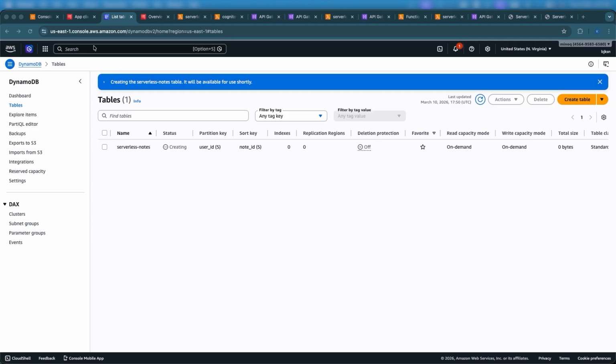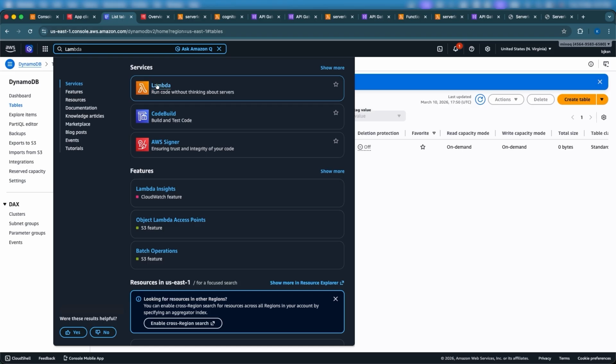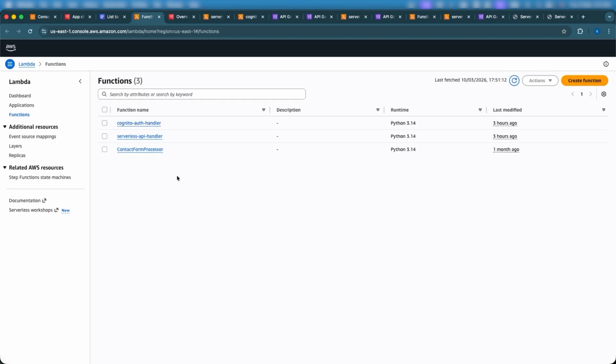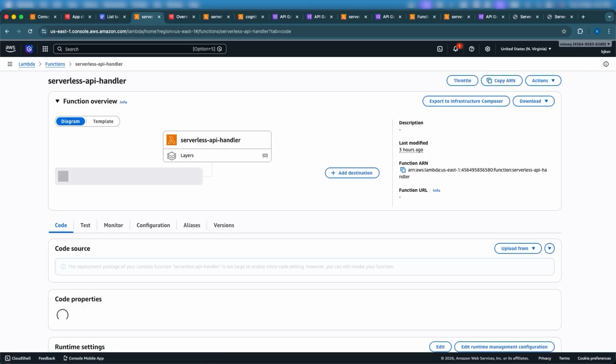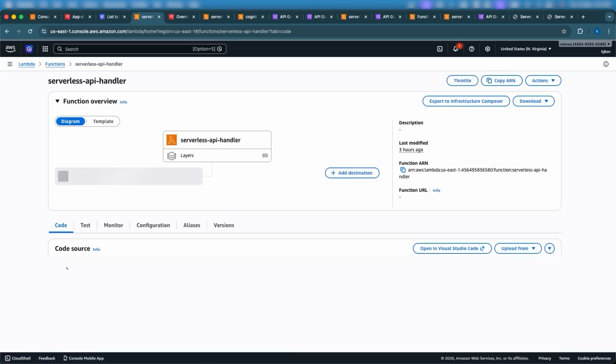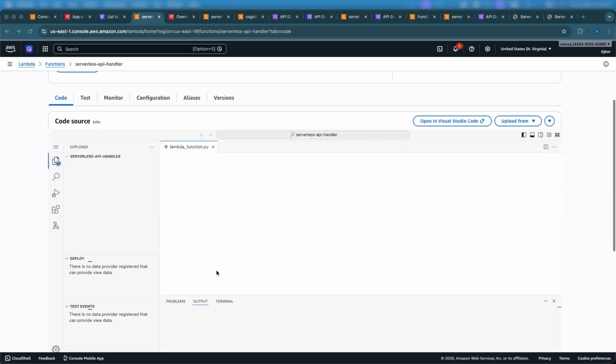Good. The next thing is we are going to modify our Lambda function. That's the serverless API Lambda function we've been working with. What we are going to do is to modify the Lambda function logic so that it's able to write into a DB table. So the new update I'm doing with today's Lambda is